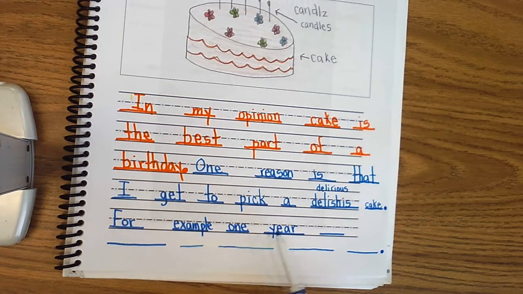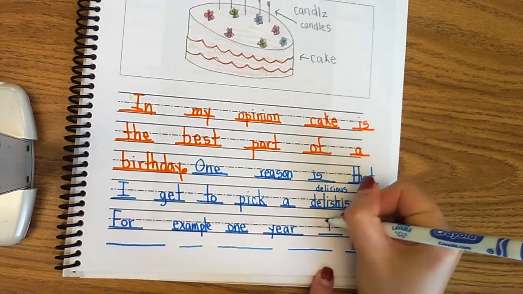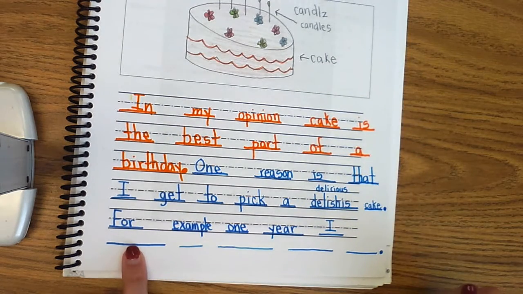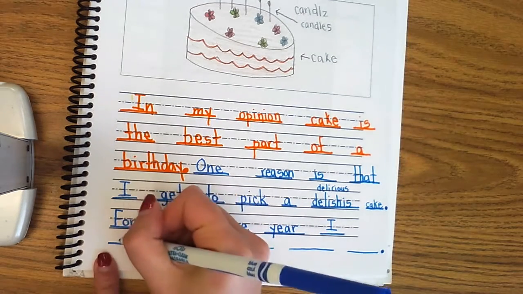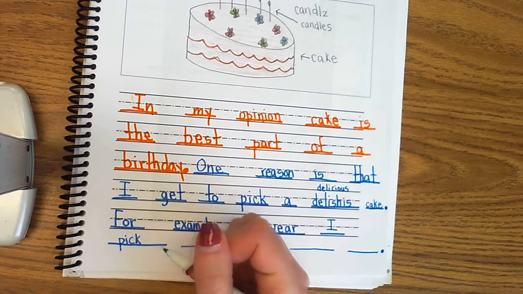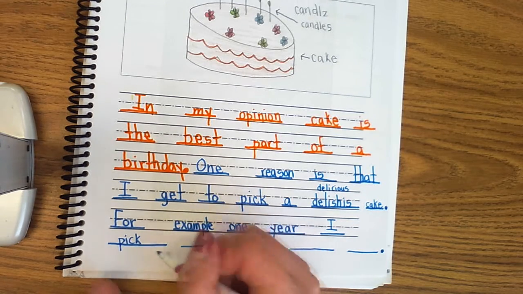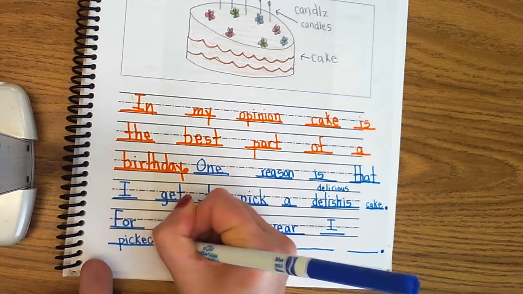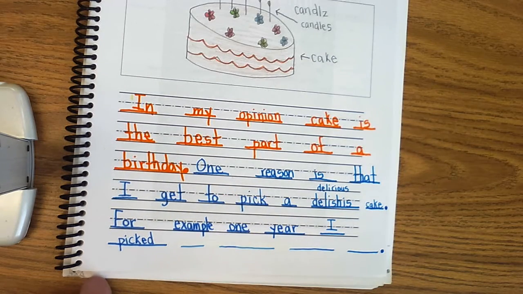For example, one year I picked. Well, I see the word pick right up here, P-I-C-K, and I know that picked, it sounds like it's a T at the end, but I know it's suffix ed because it already happened. We use suffix ed when something has already happened. For example, one year I picked a